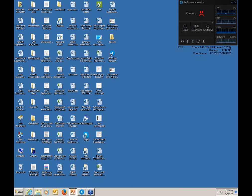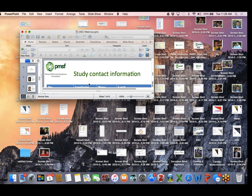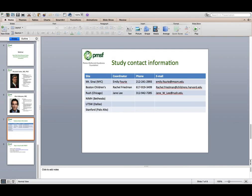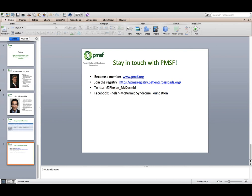So tell us, what are the age ranges that are included in this study? So thank you for bringing that up. I meant to mention that. So for this particular study, we're going from 3 to 21. Although I can say that many of the sites have lots of ongoing studies that we can provide information about that will be relevant to kids both below 3 and over 21, our site included. So as it relates specifically to this study, it's 3 to 21, but that shouldn't deter you from